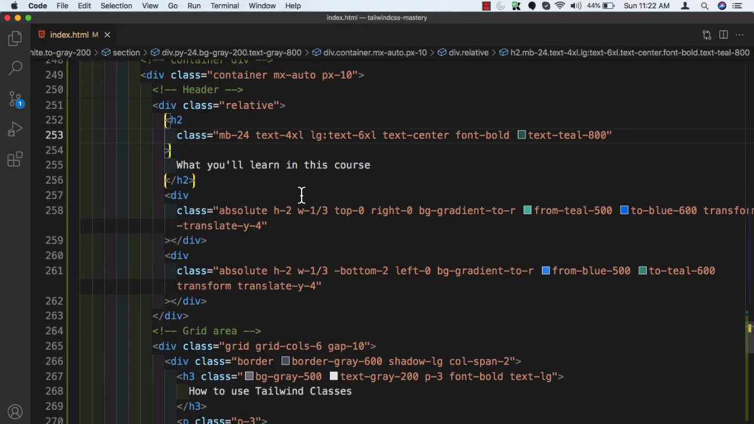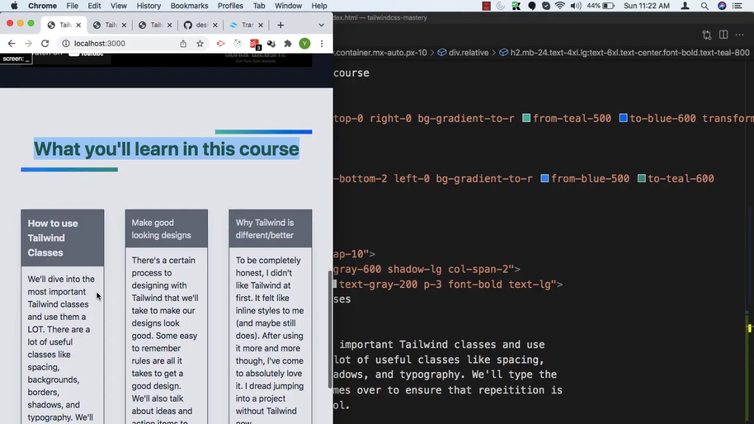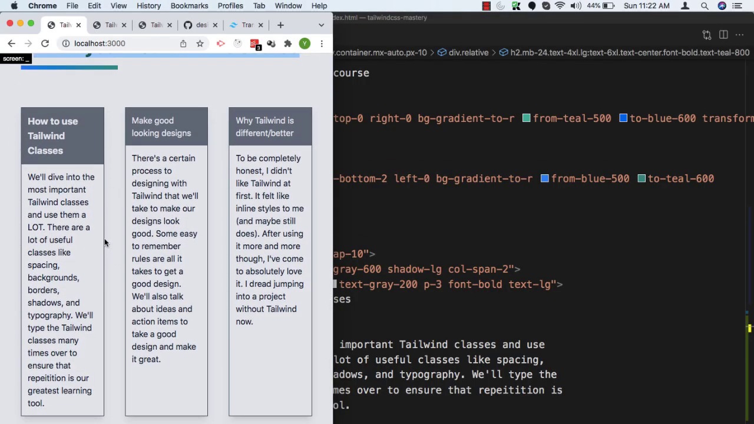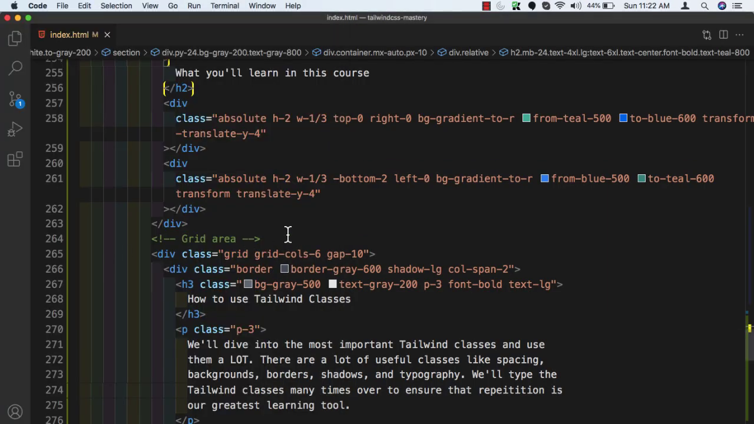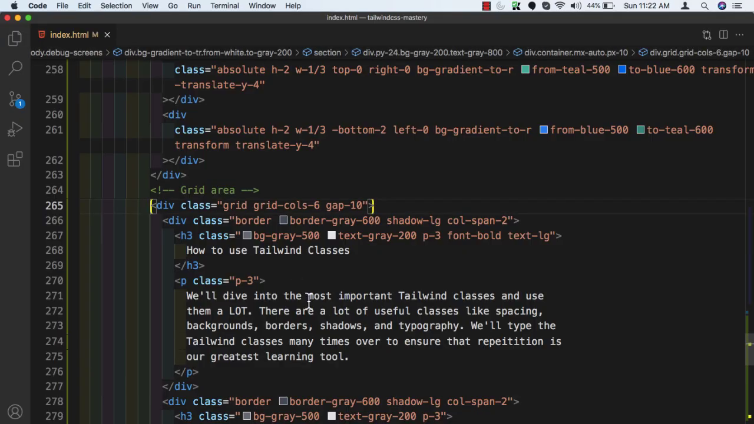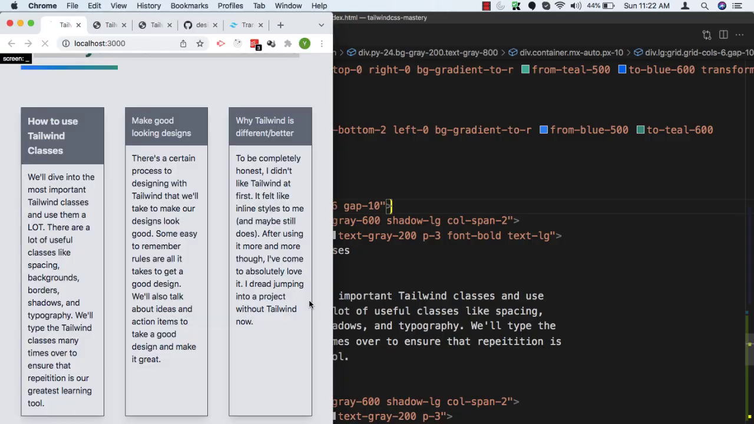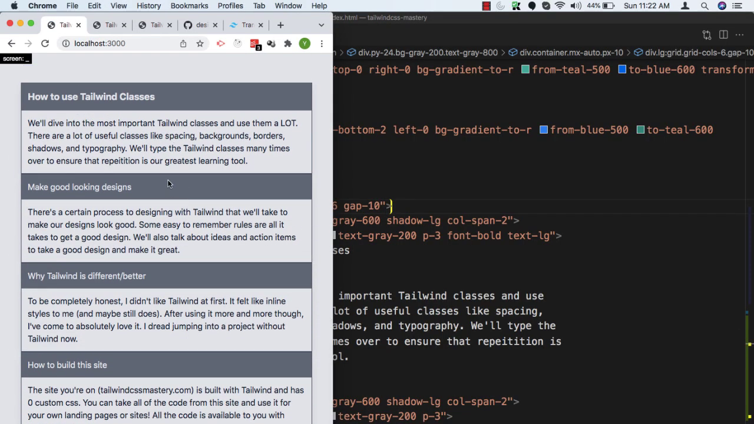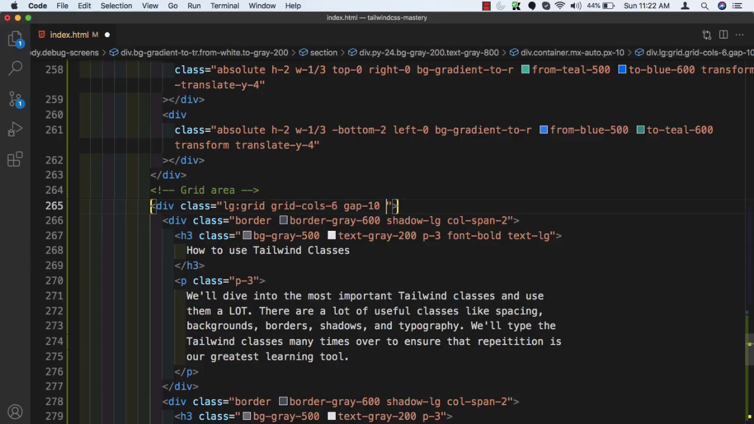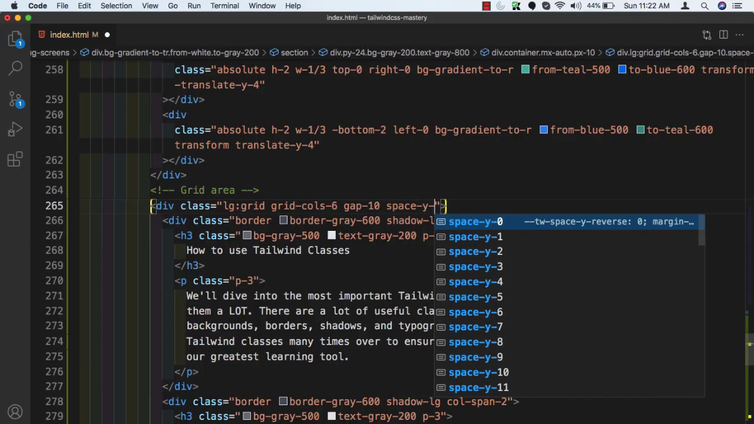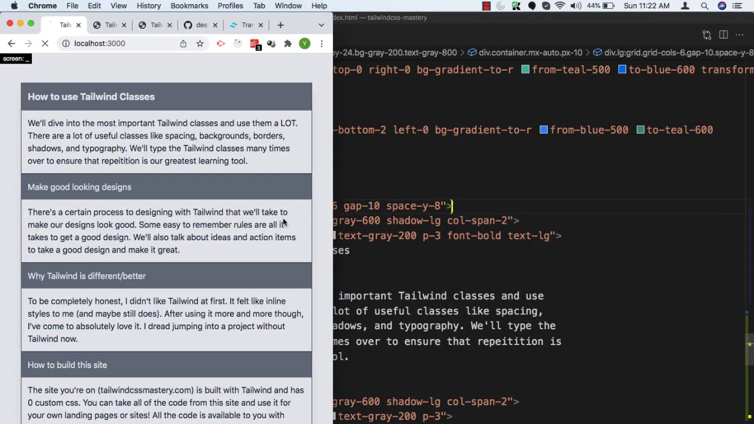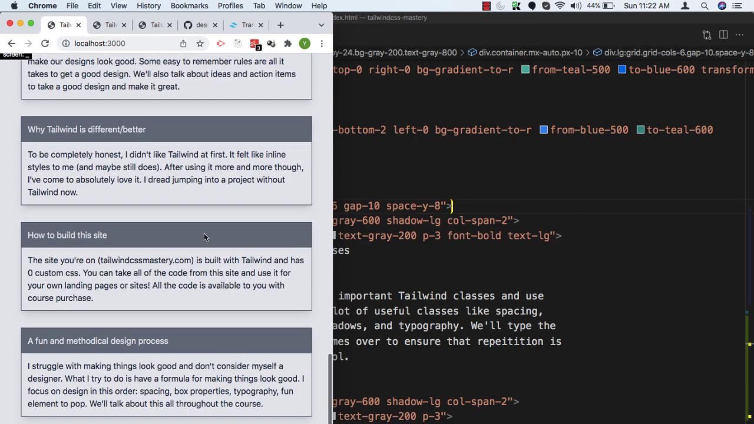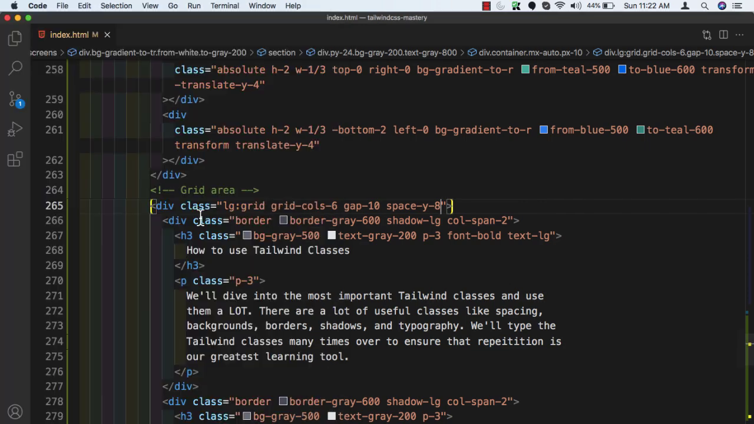Now let's make this responsive. These boxes are coming side by side, they should be below each other. For that I don't need grid in mobile, so I'll do LG grid, and normally this will be display block in mobile. If I save this, you can see these are stacking one below the other, but we need some gap. So I will do space y, that is going to be 8. If I save this, now you can see we are getting space in between all the boxes, but